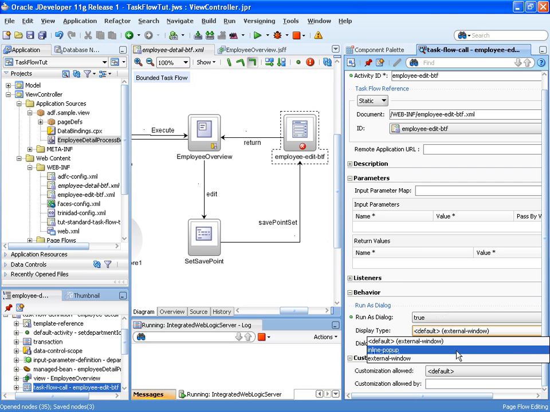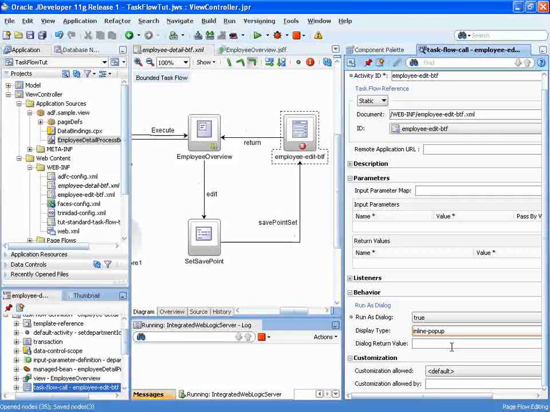Display type is inline pop-up, and I don't have a return value to specify because the edit bounded task flow and the employee overview bounded task flow share the data control. So that means that a change in the transaction is automatically synchronized through the data control, and all I need to do is refresh the table so I can see the changed data in the calling task flow. So all I need to know is when the dialog is closed, and this is what I can do on